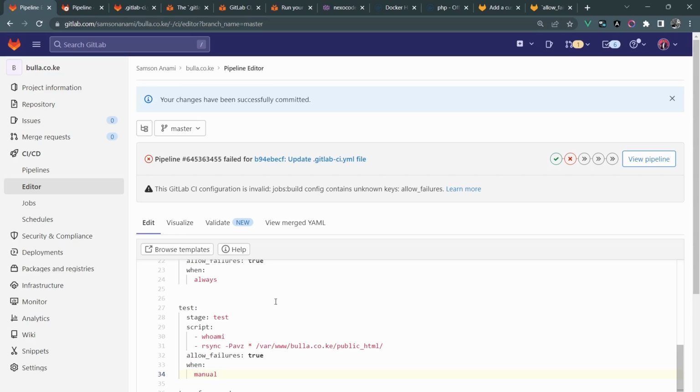Also, we have another one called cache and environment. For the cache one, you can use cache to define the name of the cache or the files that should be cached between subsequent runs. That is not very key or very common. Then there's the environment. That one also